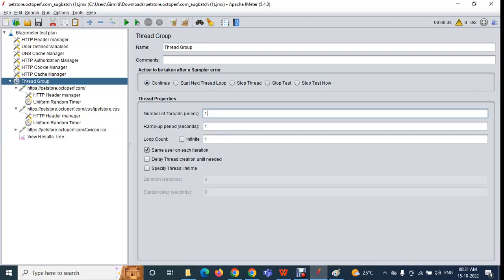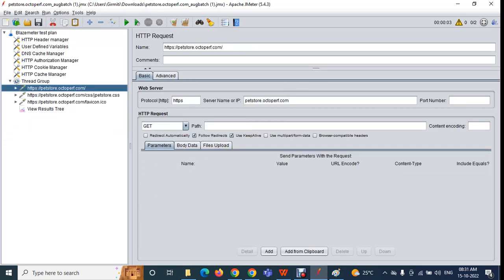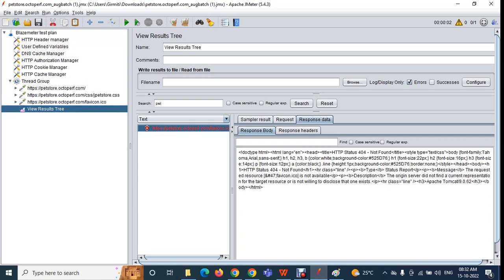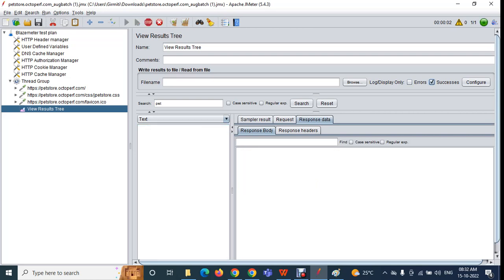2 users పెట్టాం మనం ఇక్కడ. ఓకే, లెట్ మీ గో విత్ సింగిల్ యూజర్ రైట్ నౌ. ఓకే, టోటల్ 3 రిక్వెస్ట్ వీ హ్యావ్. సో మీరు ఎగ్జిక్యూట్ చేస్తే యూ కెన్ సీ 3 రిక్వెస్ట్. ఓకే, request 1, request 2, request 3, like that. You need to see 3 requests here, but we are seeing only 1 request, and that too that is a failure. ఎందుకు failure అంటే ఇక్కడ చూడండి, we have checked the errors. So errors మాత్రమే మీకు చూపెడుతుంది. If you check the success, you can see only success. Click on the play button, you can see only successful request.